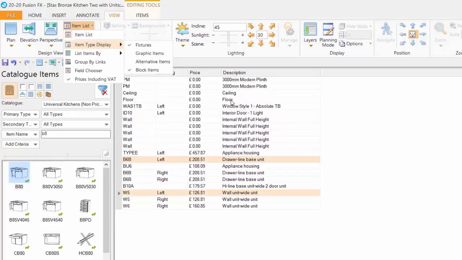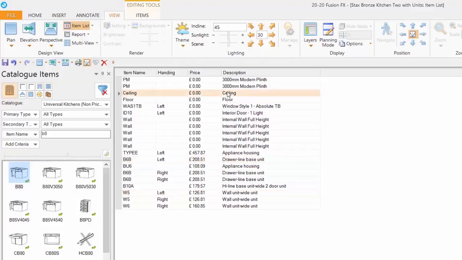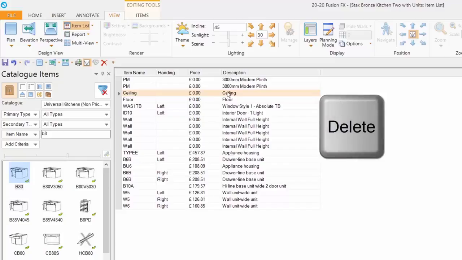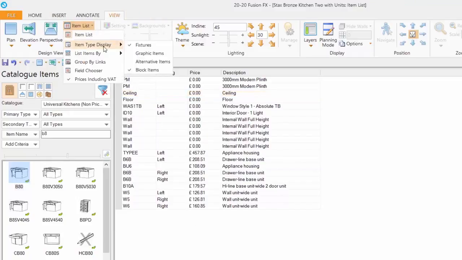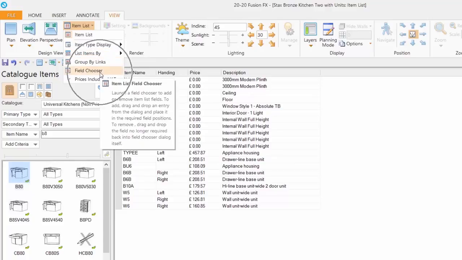So if there was something in there that you found difficult to actually select for whatever reason, you can click on that object, then press the delete key, and that would delete that object from your floor plan. So if you like, the items list is a central part of what we're doing, but it has a lot more going for it in this little drop down here, because we can actually come in here and choose this,